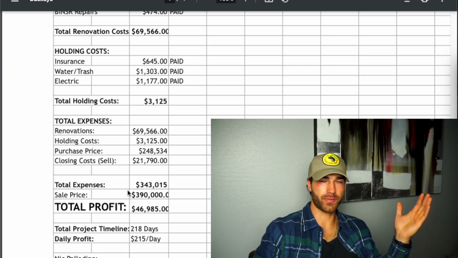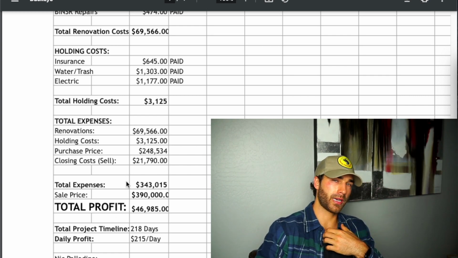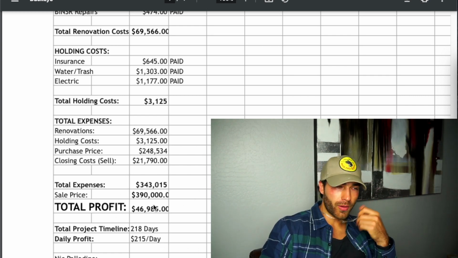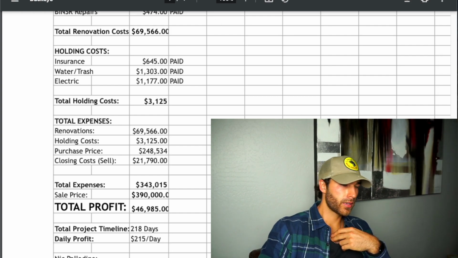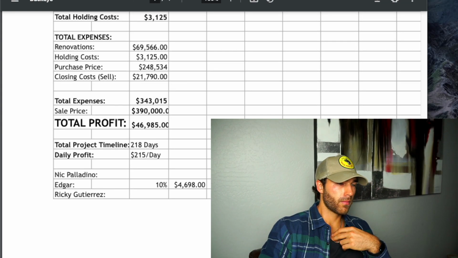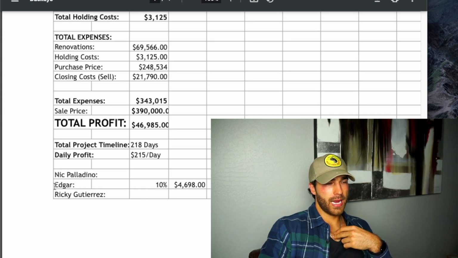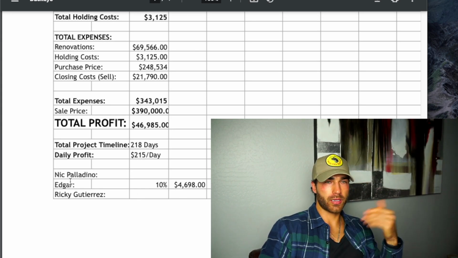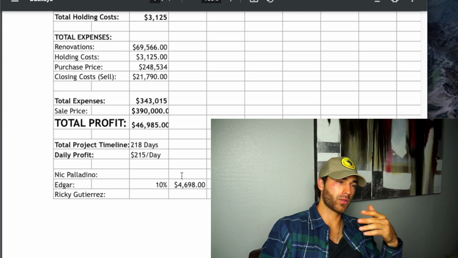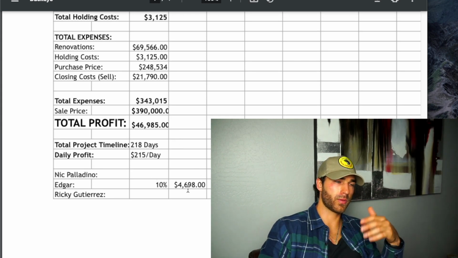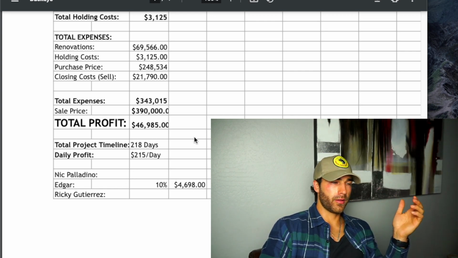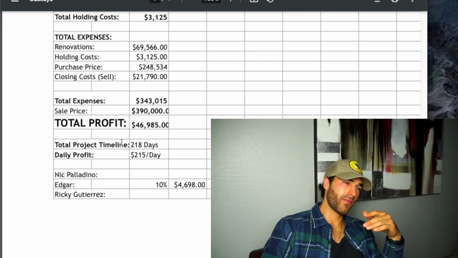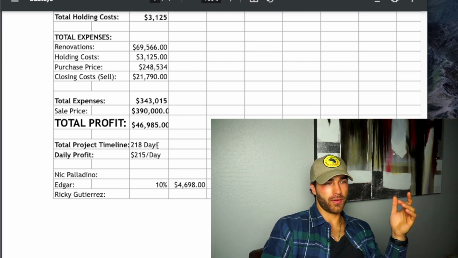And we also had to pay for some seller concessions on it, so that's why closing costs are a little bit higher. And we made a total profit of $46,985. But let me see if you guys can see this over here. Right here. So yeah, we had a finder's fee on this. The person that actually sourced us the deal, we offered them 10% profit share. So out of the $46,000, we had to pay them almost $5,000 for the finder's fee on it. And that left us with about $42,000 profit, which seems like a lot, but for the risk that we had